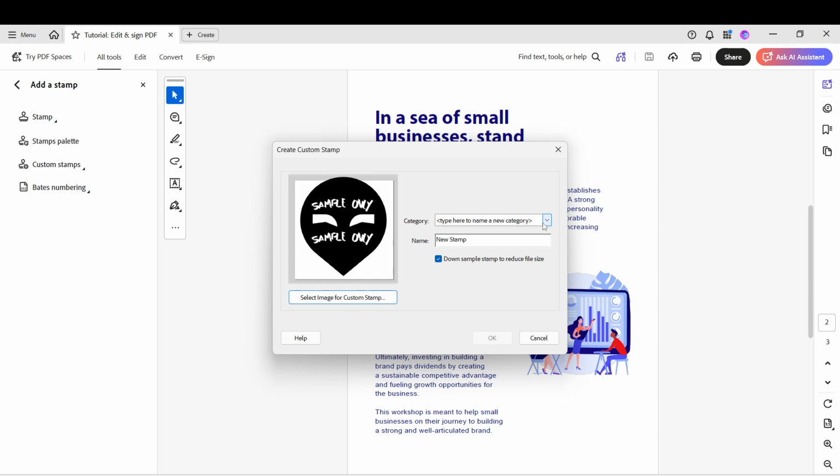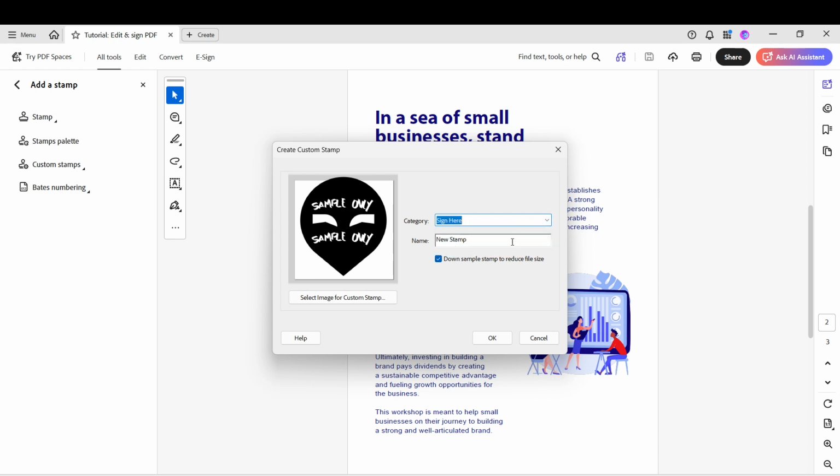In the next window, you'll organize how your stamp will appear in the picker. You'll be prompted to categorize your stamp so it's easy to find later. Choose an existing category, such as Standard Business or Sign Here, to place your stamp with similar items. This is handy if your stamp serves a similar purpose to Acrobat's defaults. Alternatively, type a brand new category name, something like Company Logo or Project Approvals, so your custom stamps stay grouped in a way that matches your workflow.